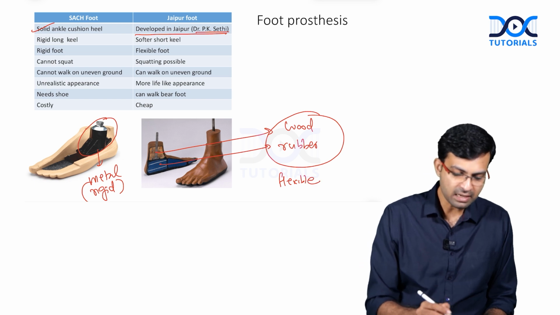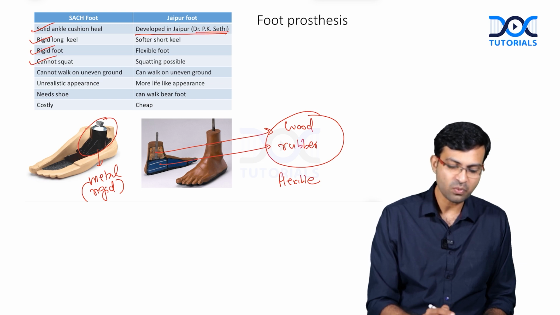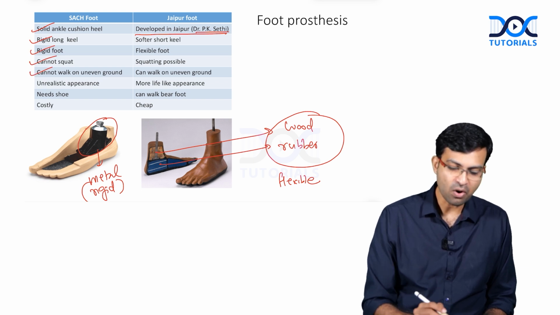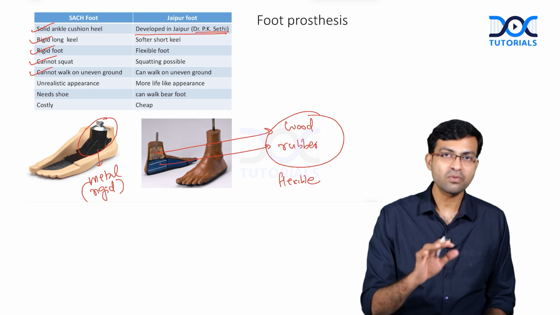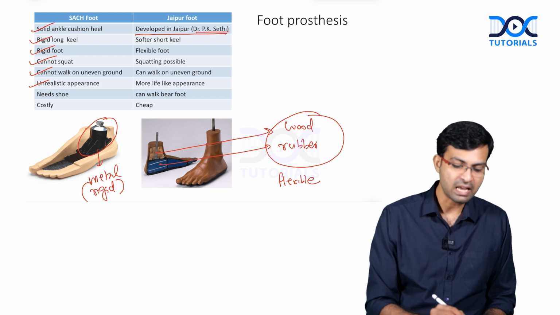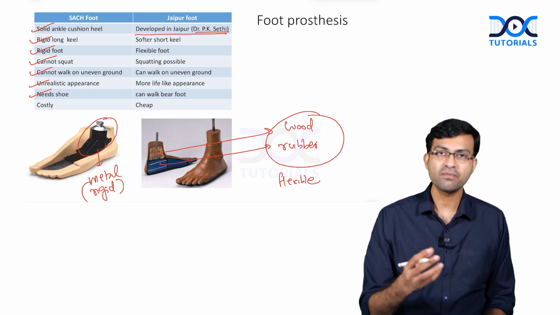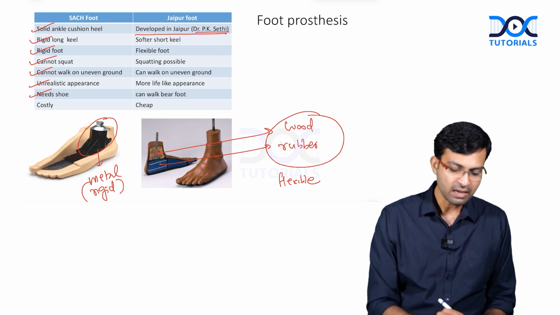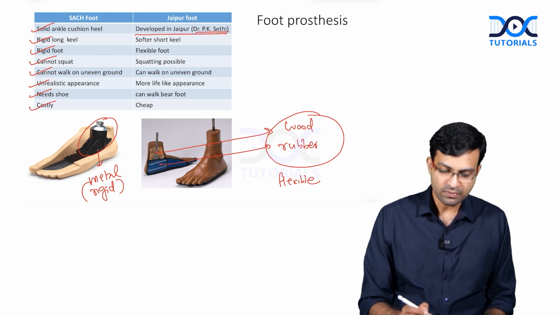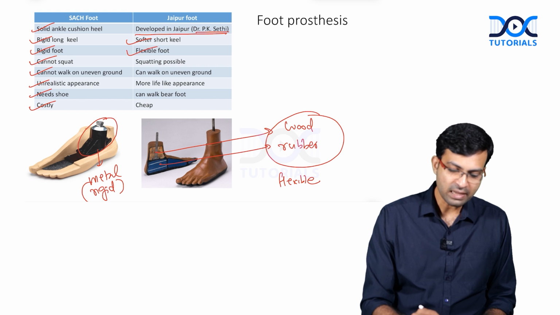So what are the practical differences? The SACH foot has a rigid long keel, so it is a rigid foot. A patient cannot squat with this. The patient cannot walk on uneven surfaces because the foot will not be flexible on it. It has a very unrealistic wooden-like appearance, so the patient has to wear a shoe. If the patient is not wearing a shoe, it can become wet and can get destroyed, and it is also costly. In the case of the Jaipur foot, it is made up of a softer short keel, therefore it is more flexible,